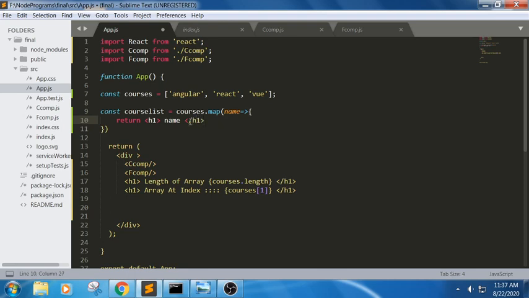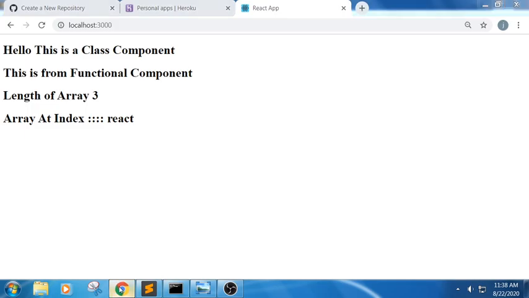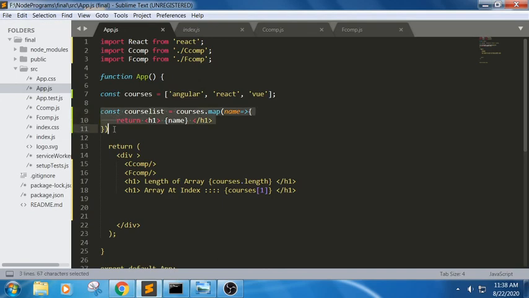Now, as we will be using this, we will be denoting it using curly braces in order to retrieve these values. Now here, if I want to make sure I am able to print this value, let us check the browser. We didn't get any output. But in order to use this iteration, the loop, we can use this.